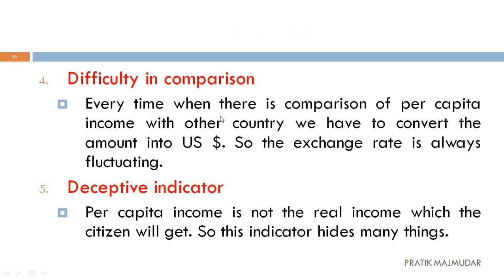Next one, and the last two points of this particular session. Fourth, difficulty in comparison. Okay, how is it difficult? The United Nations organization has suggested that we calculate per capita income, and they will analyze everything on the basis of that. So ultimately, when the United Nations is saying so, we have to follow the currency which is universal in nature. Whatever income is generated in India, we are calculating on the basis of the Indian rupee. But when there is a comparison with any other country, we have to convert it into US dollars because it's a universal currency.